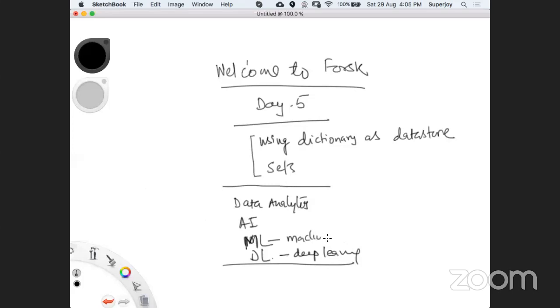AI stands for artificial intelligence. So we'll talk about what AI is today, and how you can create the AI around you, and we'll also talk about what data analytics is. So obviously these discussions are also part of today's agenda, and I think now we can start for the day.